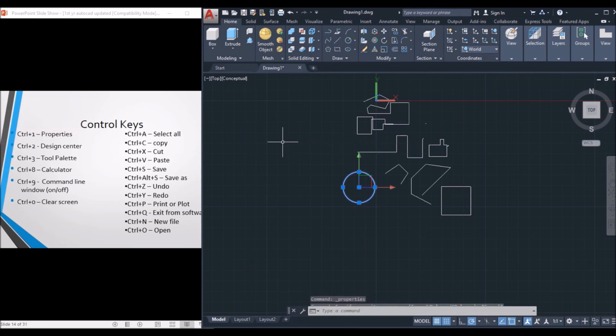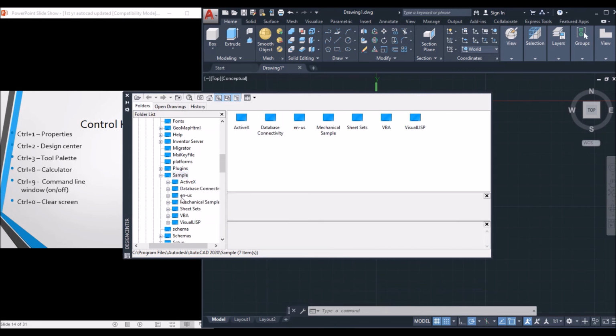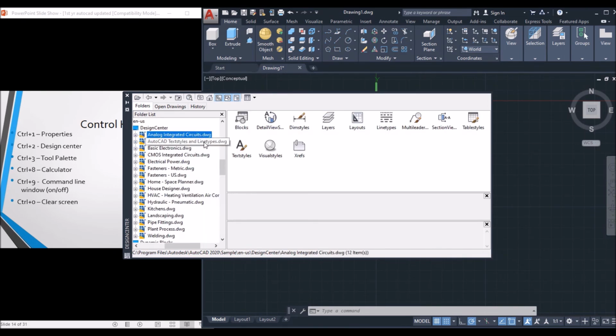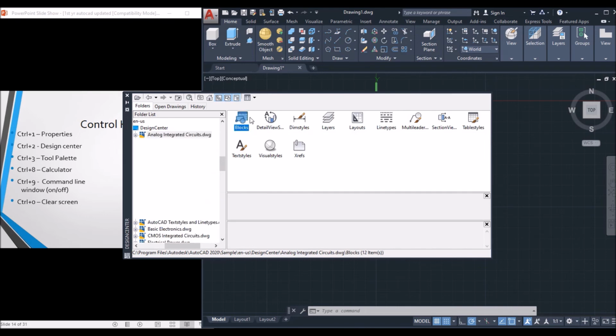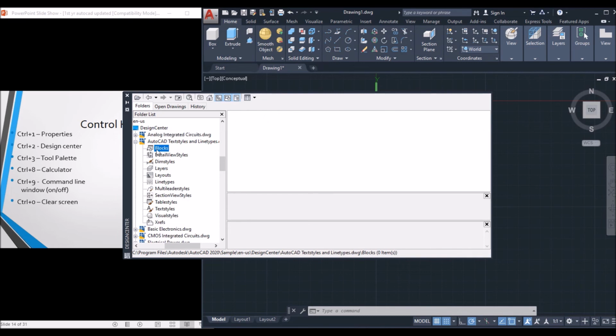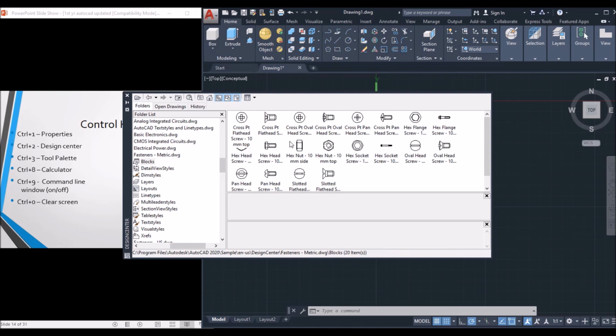Next, Control+2. It will display some of the figures which are already drawn, and some of the figures from the Autodesk library. So in Design Center we are going to get some figures like integrated circuits, basic AutoCAD textiles, and some of the fasteners like cross head, hexagonal head, pan head.